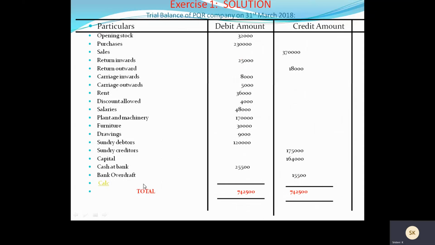Because we have recorded all the items that were given in the problem properly, but the amount is not tallying. Both the debit amount and credit amount are not tallying. In such a case, you use this suspense. Okay, because we don't know why that difference of 2,000 or 12,000 is coming. We don't have the account-related information with us, so we will show it like that.